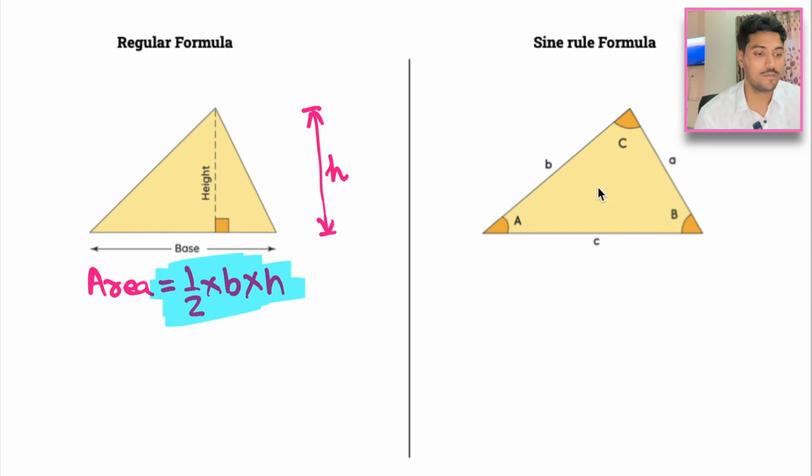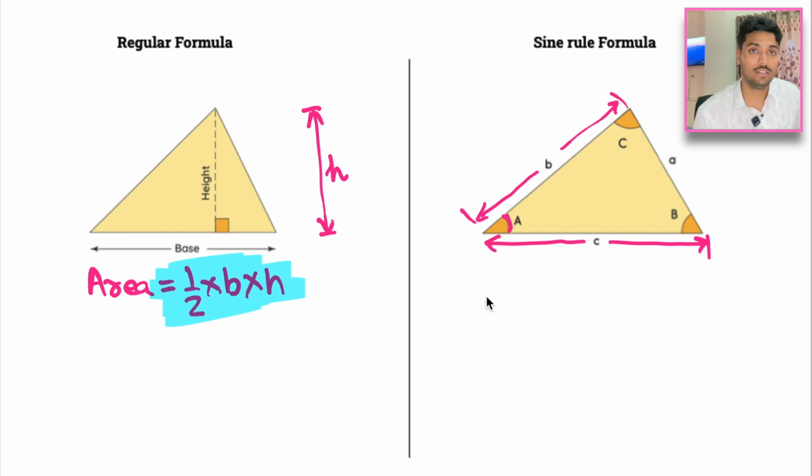But what is the sine formula and when is it applicable? When the height of the triangle is not known to us. In this case, we can clearly see the height of the triangle is not given. But if we have other information, like two sides and one angle, and that has to be in combination, for example, if this side B is known to us and this side C is known to us, and this angle A is known to us,